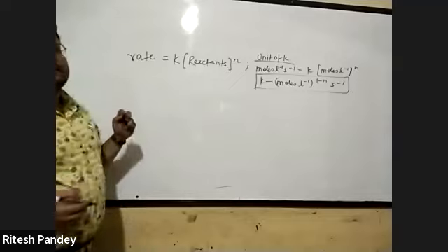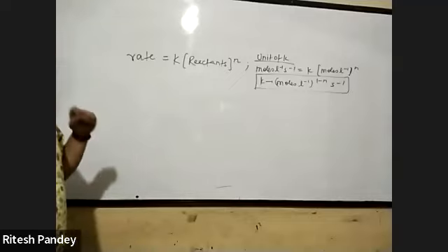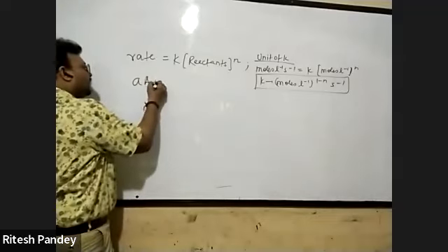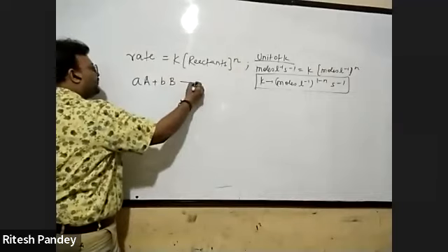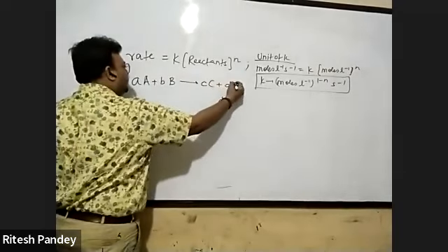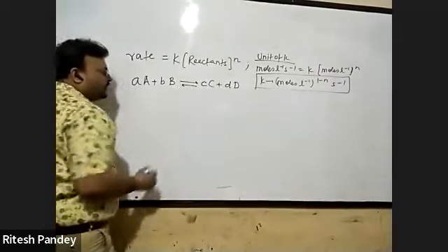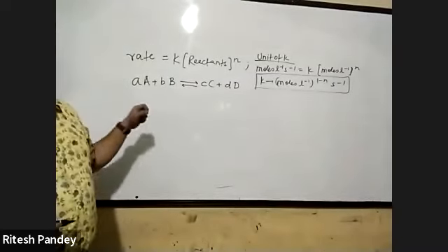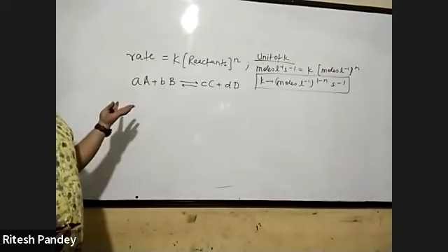Now we know that all reactions are reversible. So what I was writing as a moles of A and b moles of B producing c moles of C and d moles of D, I start using a reversible sign. And in the beginning of reversibility,